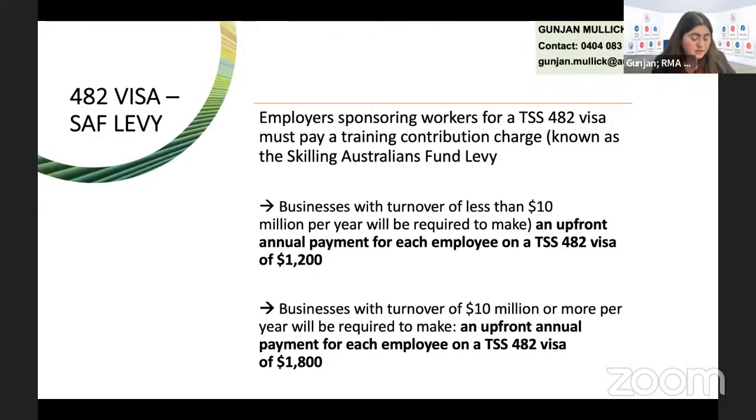Okay. Gibran is asking, what if an applicant is on 485? Yes, thanks for the question, Gibran. If you are holding a 485 visa, and if you are eligible to apply for the 482 or 186, you can apply. It is both an onshore and an offshore visa. So if you're holding a 485 visa, you can apply onshore. But do you have an employer to sponsor you? Do you have minimum 2 years experience? And if your visa is expiring soon, we can look at alternate visas like the training visa or state nomination. So you can contact me on the phone number and we can discuss it in detail.